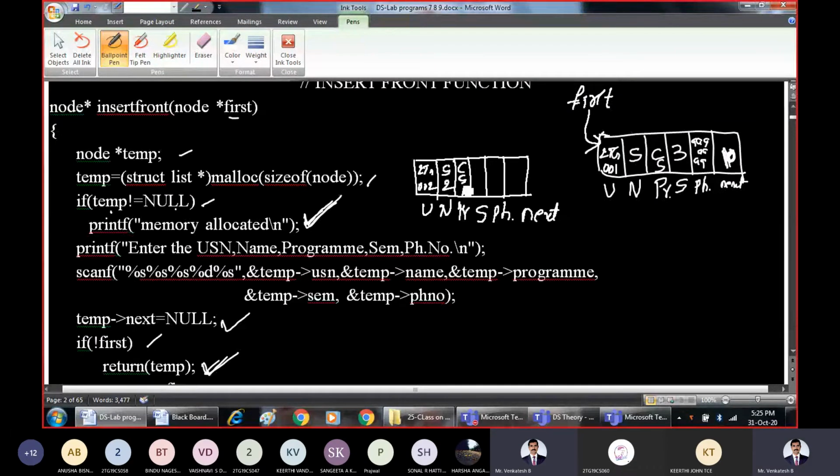Program as CSE, same program. Then semester as 3 itself. Phone number 8888, all 8, any valid phone number. Then what we are doing next, temp pointer next equal to null. So this is our temporary node. Temp pointer next make it to null.